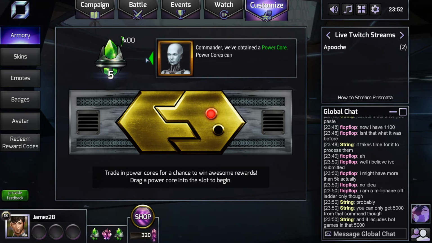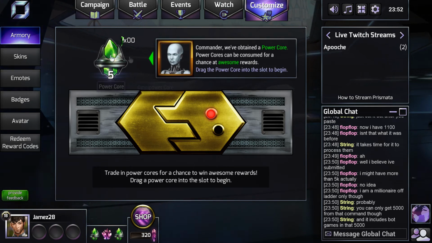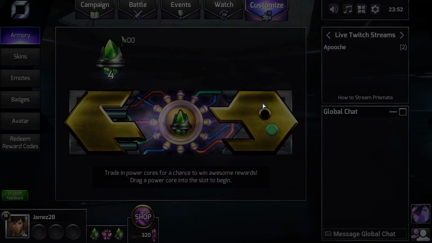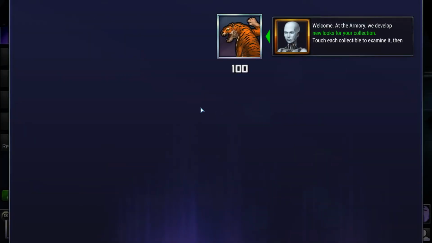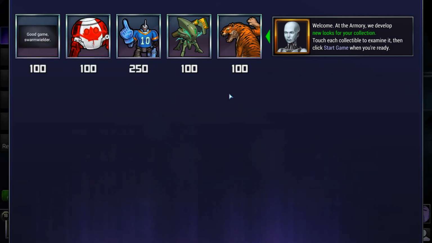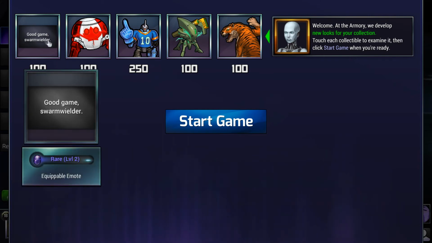And this is where you're going to basically unlock all those things. As you can see, you're going to drag these power cores here into that. Welcome! At the Armory, we develop new looks for your collection. Touch each collectible to examine it, then click Start Game when you're ready. So you can get good...